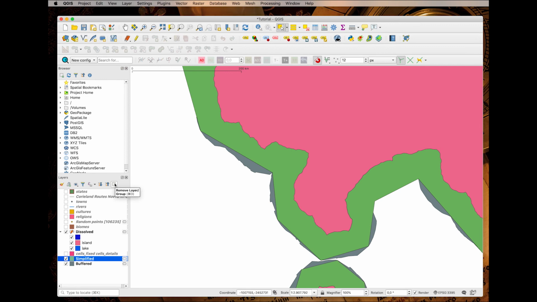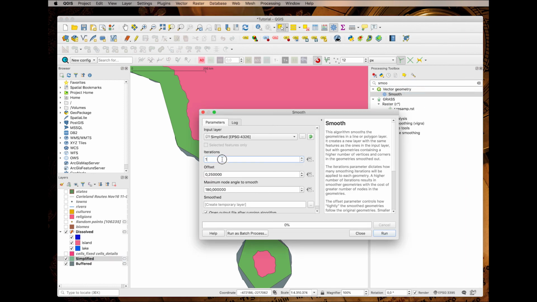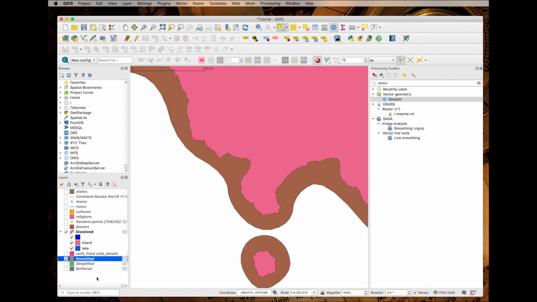Because we're not done yet, we go to Processing Toolbox, and there is a function called Smooth. Maybe 2 steps is fine. Everything else we leave at the default values. We make sure that we use the simplified layer, and we end up with this smooth layer, which actually is pretty good. So we zoom out and we can see that, yes, we have a nice buffer